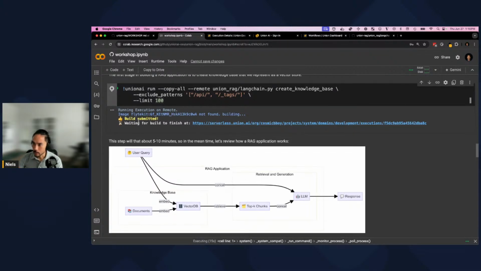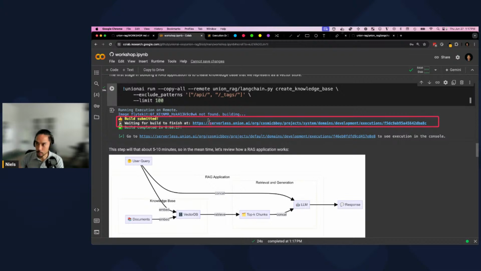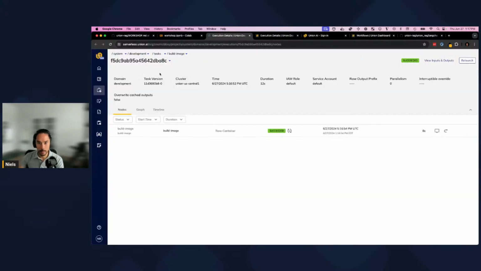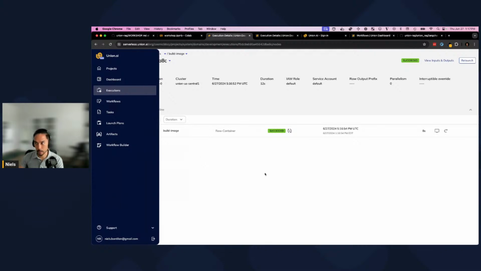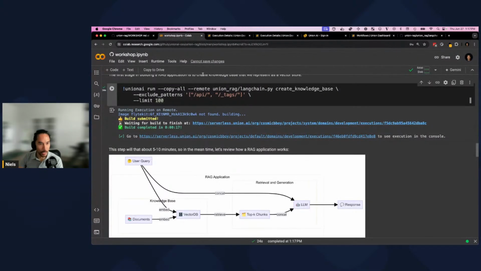And this first URL you encounter after build submitted over here is actually a workflow that is running on Union serverless, that's building the image behind our application. I've pre-built this image here, so it ran super fast for me. It only took 8 seconds, but it'll take about 7 to 8 minutes,